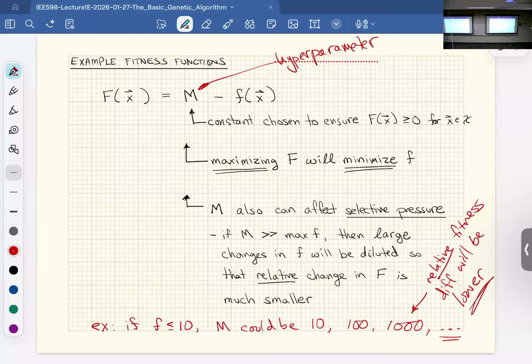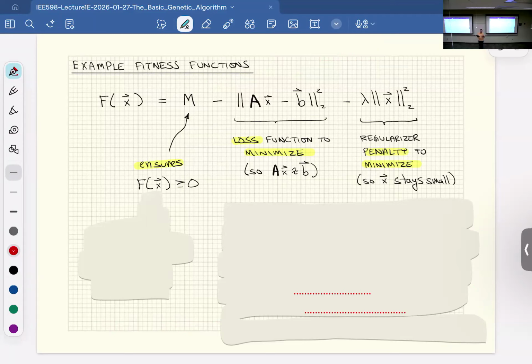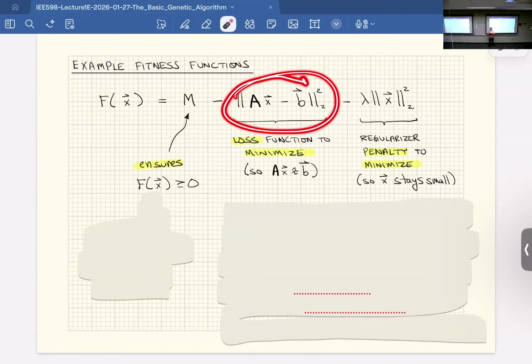I can probably move ahead because it's going to take 30 seconds for it to snap in there. So another example fitness function that gets closer to that neural network example: let's say I want to minimize the loss of a simple neural network that's implementing this kind of linear regression or solver solution here. This middle term, AX minus B, is saying if I've got a genotype that's implementing X, then what I'm trying to do is minimize the difference between A, which might be a set of data,